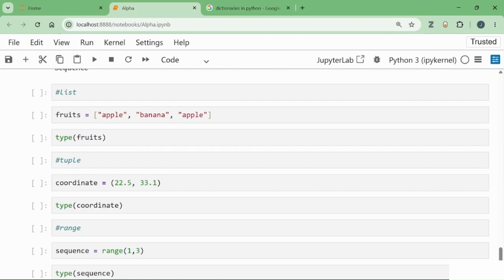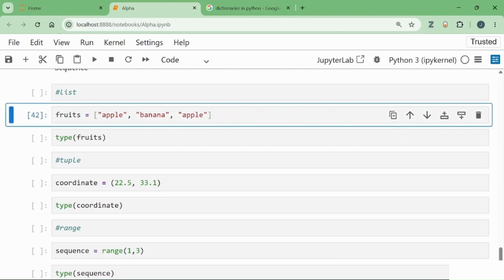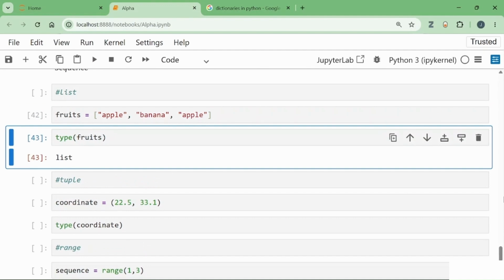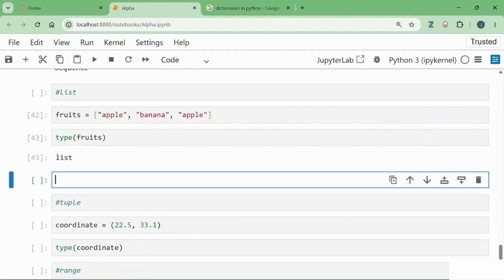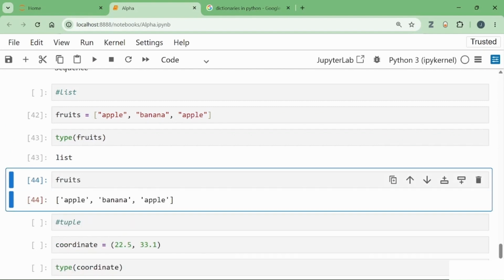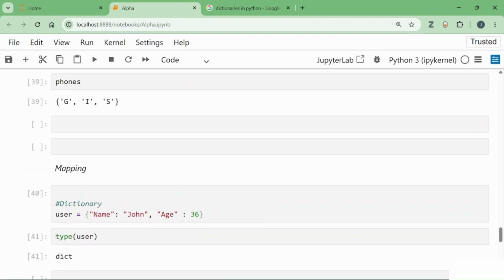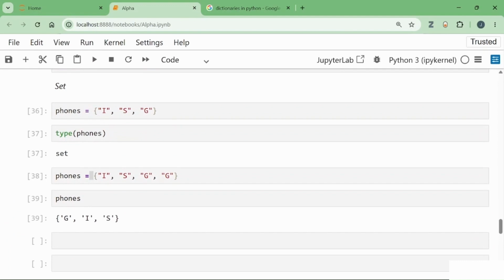So we have apple, banana, and apple. If you run this and then check the type, it is apple. But then if we check, for example, the fruits, you see apple has been repeated twice. But here under sets, as I mentioned, it is going to expunge any repetition, so you're going to have unique